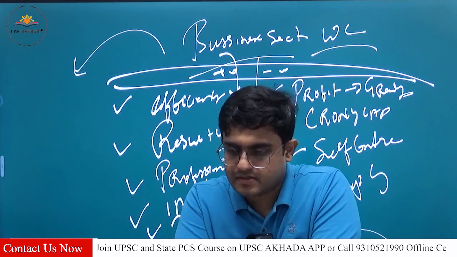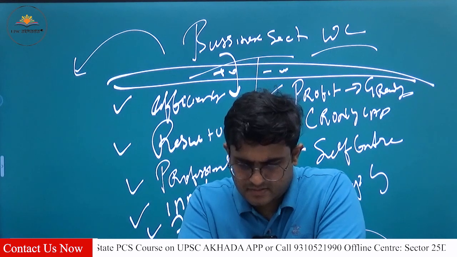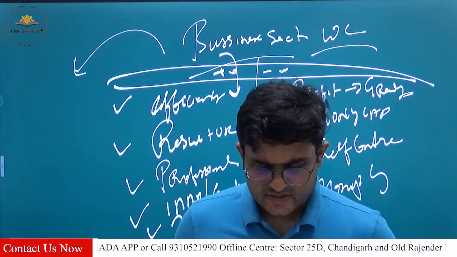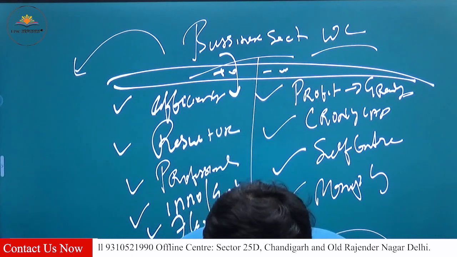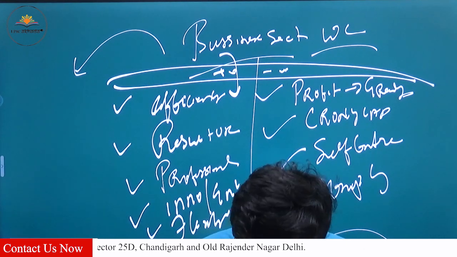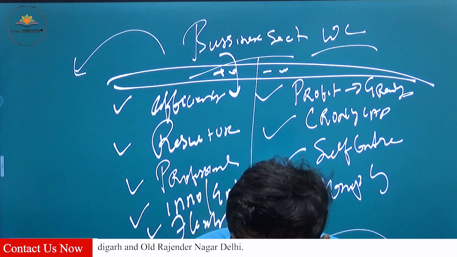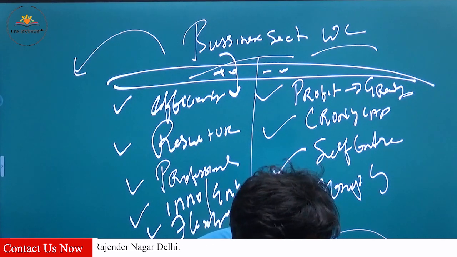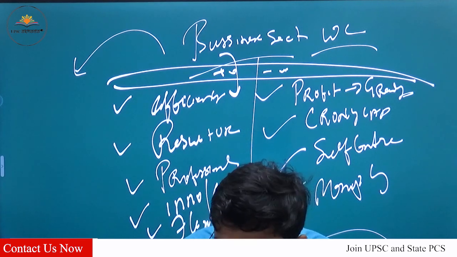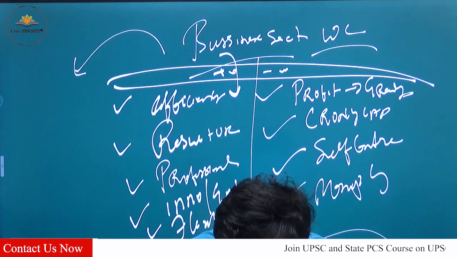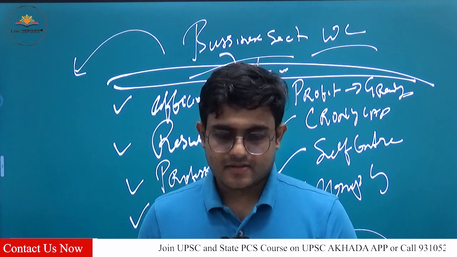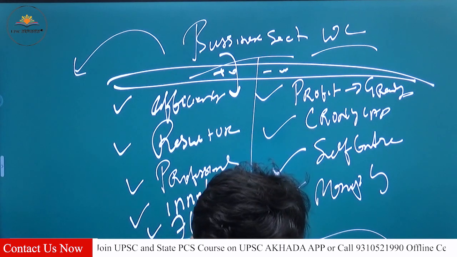Performance orientation. Efficiency, result orientation, performance orientation, professionalism. Next, innovation and entrepreneurship. Next, flexibility. In negatives, you write